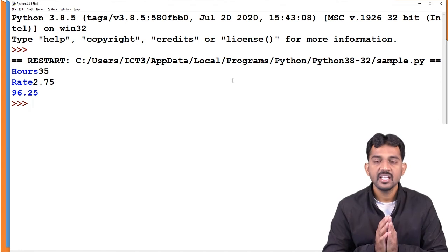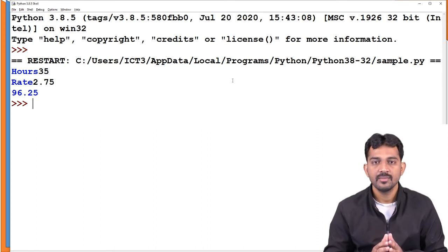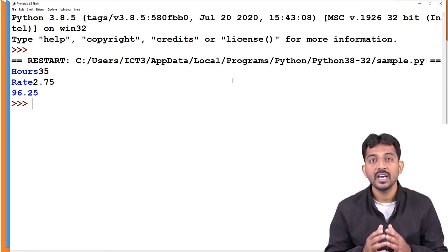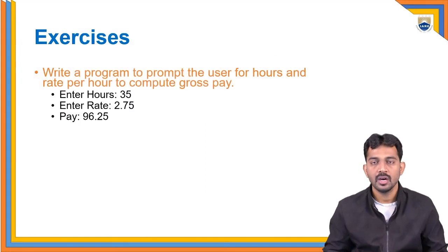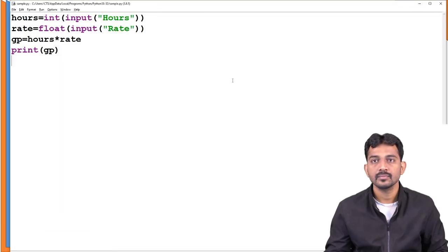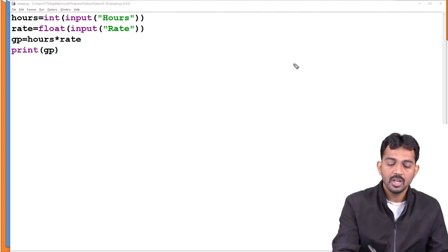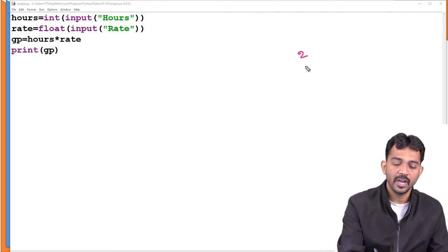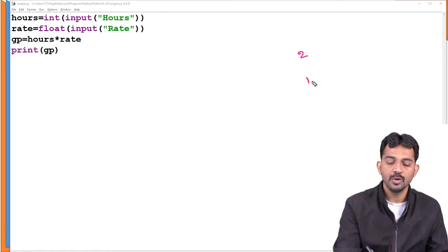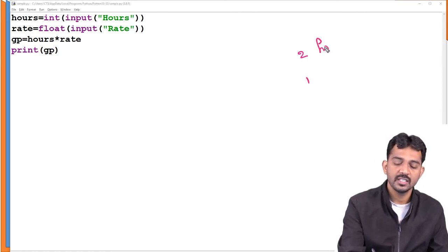How are you going to perform the operations in the given exercise? First, be clear with the exercise, the problem they have given, the order of the data. If they didn't ask to print the hours and rate, suppose I'll tell you one thing. They didn't ask anything, they have just given the input format. Input is 2 values and output is 1 value. So the first input is hours, and the second one is rate.